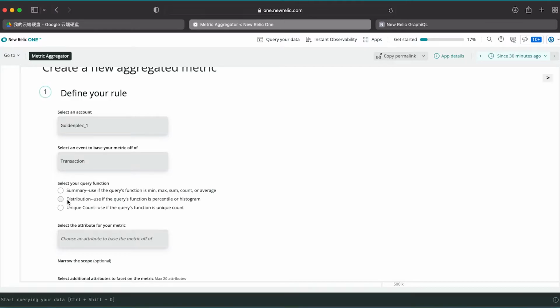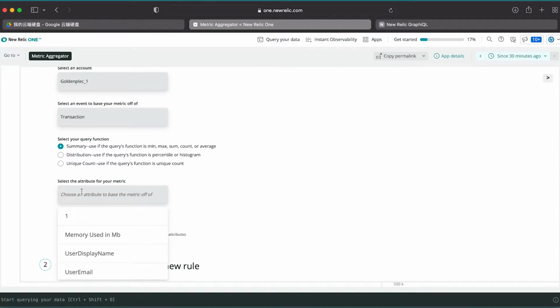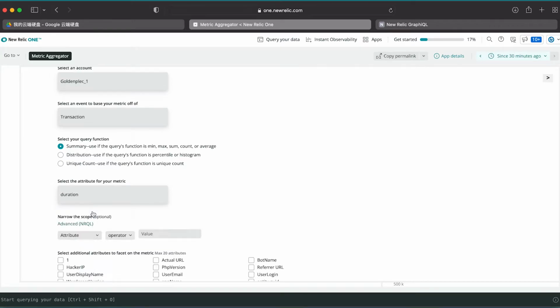And if we only care about the unique count of the new metric, then we can choose unique count. For this case, I would like to convert our transaction duration, so I'm going to choose summary so that I will be able to see the average response time and the throughput. Next up, we can select the attribute for the metric. I want to be able to use the duration.